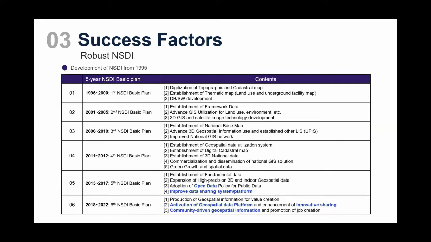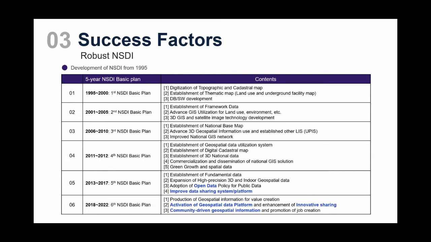So South Korea launched its NSDI in 1995, and then gradually we had this first, second, third, and fourth iteration, and now we're under the sixth iteration, which is valid until 2022. So we have what is called a 5-year basic plan. So based on the legal acts, we established this NSDI 5-year basic plan, in which different policies, regulations, and future directions for NSDI developments are included. So during the 5th iteration, we had this open data policy,